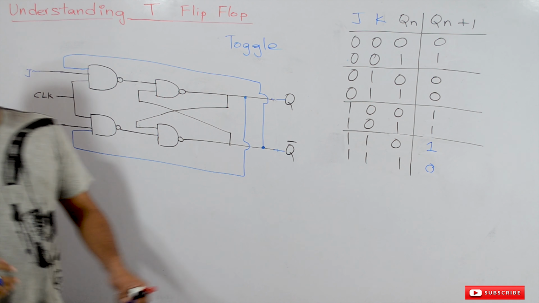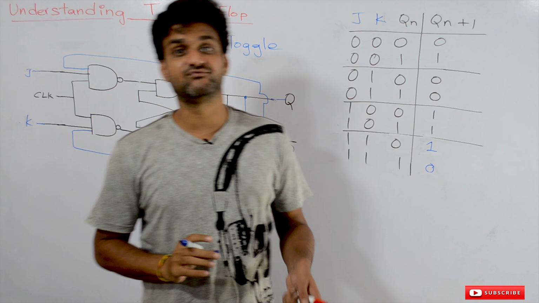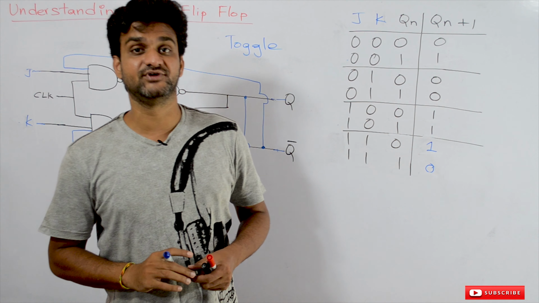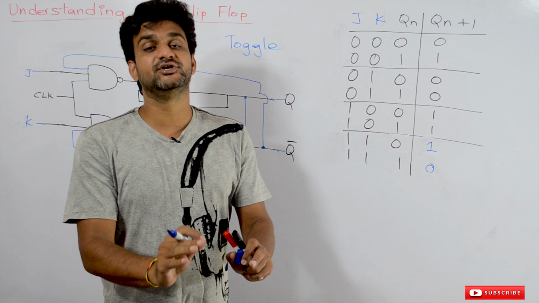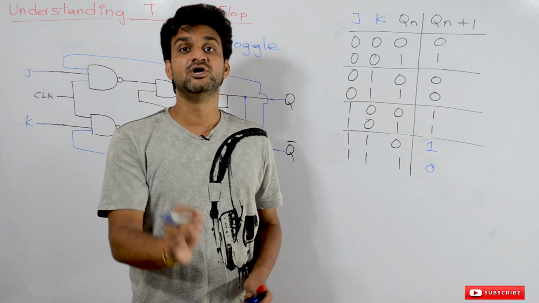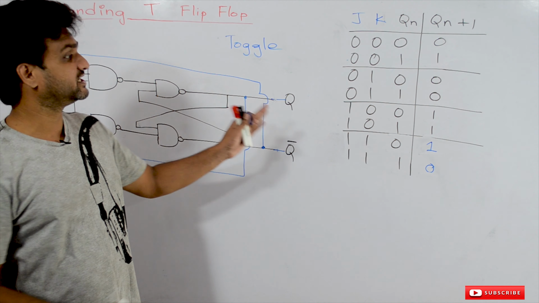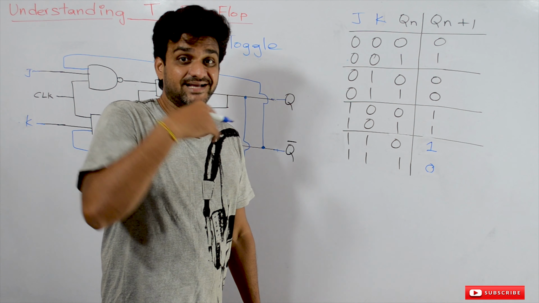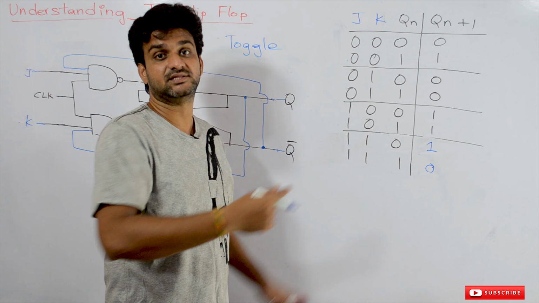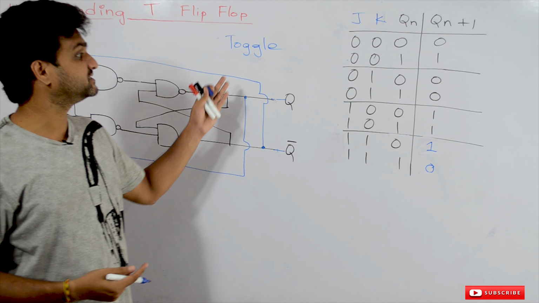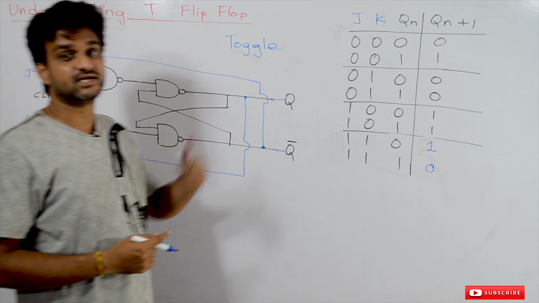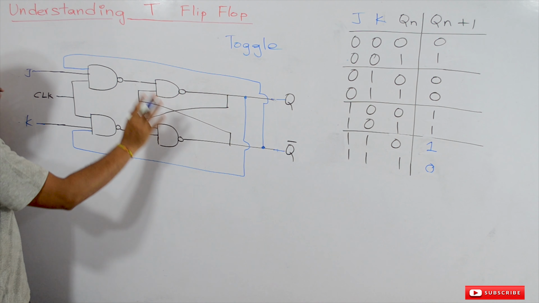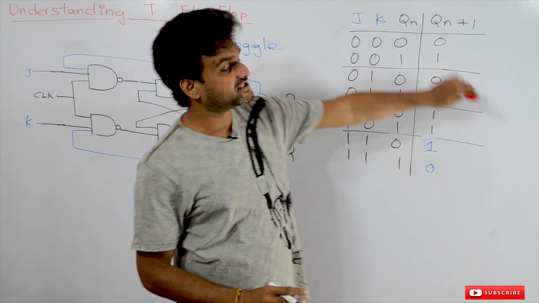In our previous videos, we have clearly discussed the JK flip-flop, SR flip-flop and D flip-flop. Those concepts were clearly explained in our previous videos. Our suggestion is to watch those videos, because without understanding them, you may not be able to understand what this toggle flip-flop is. This toggle flip-flop is constructed based on our previous flip-flop, the JK flip-flop. So this is the sequential circuit for the JK flip-flop, and this is the characteristic table for the JK flip-flop.